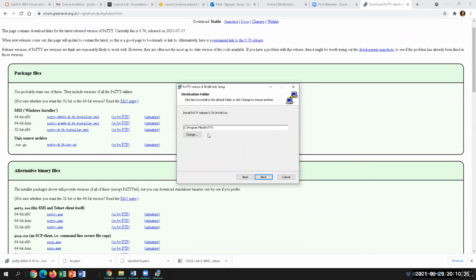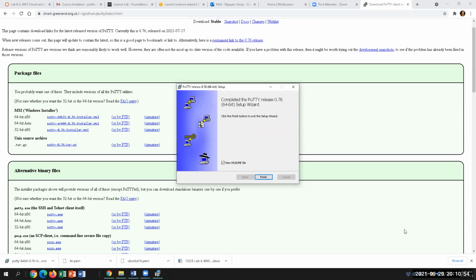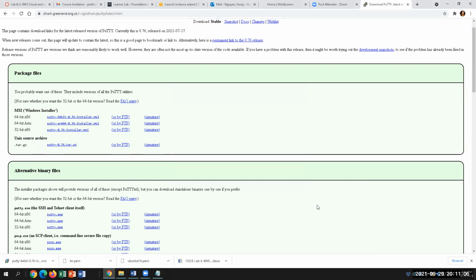So you're going to go next here, it's going to put it in the C folder, Program Files, just like any software. You're going to go next, okay? You can add the shortcut to your desktop if you want, but you don't have to. So if you like shortcuts, you can choose this option and then add shortcut, right? Then click install. And it's a pretty lightweight application. It is way better than some of the other non-secured remote desktop environments. So you're going to click finish. Okay, so once you're done,